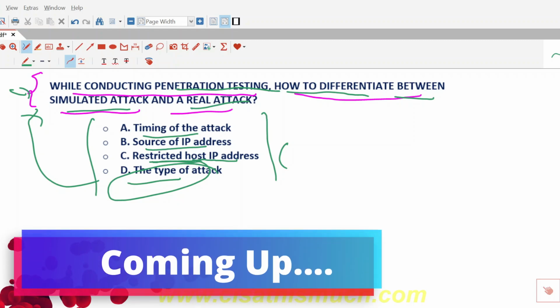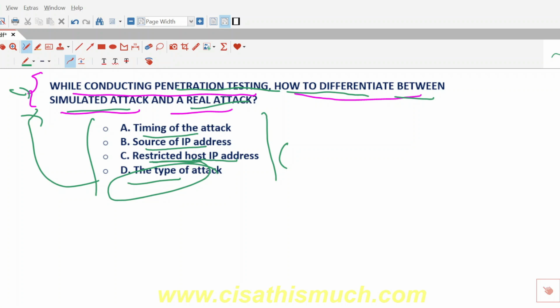Right? But if we don't know the answer, how do we crack this question in the exam? Okay, understand one thing: when all the four options make sense, whenever you see a question where all the four options make sense, where